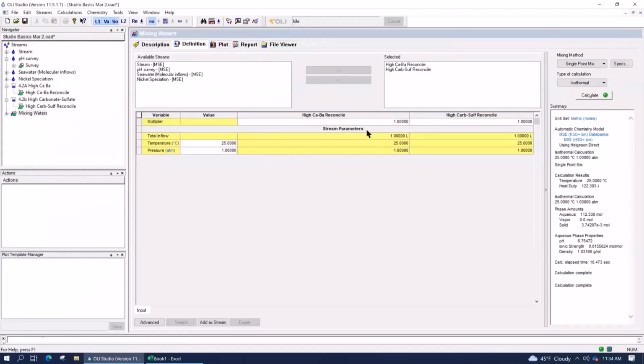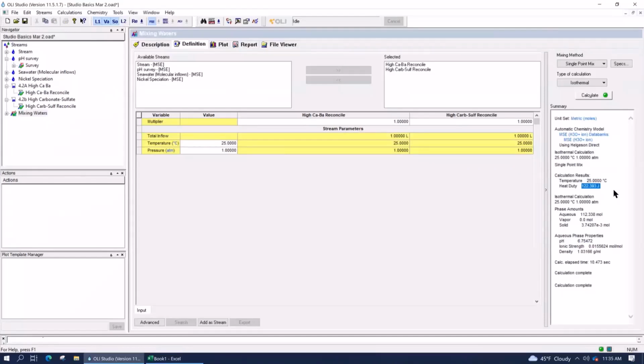What the software computes is that, since we set the temperature to 25 degrees Celsius, and even though both streams came in at 25 C, there was a certain amount of heat that had to be added to the system to keep that temperature where it was, because mixing them together was slightly endothermic. Okay? The temperature would in fact drop slightly when we brought these things together.